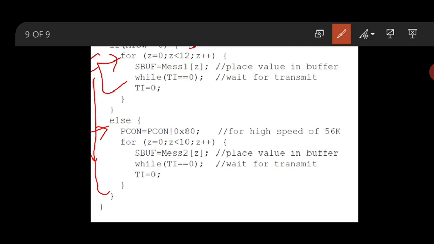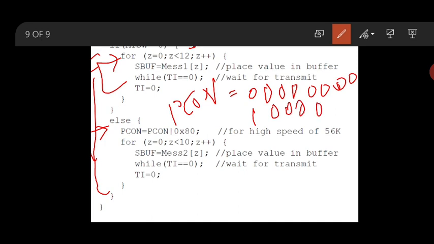Now what is the PCON value? That will be 8 because I need to use the OR operation. It means my baud rate will be doubled, because SMOD will be set to 1. Assume that I have a PCON register with some number, 0 0 0 0 0 0 0 0. Now OR with what? 8. I have to double the baud rate. 1 0 0 0 1 0 0 0.